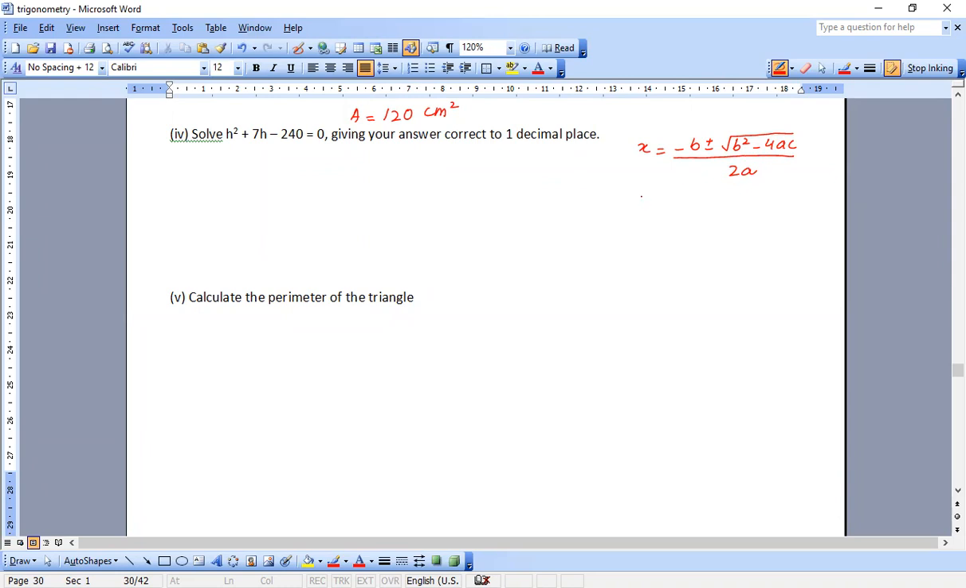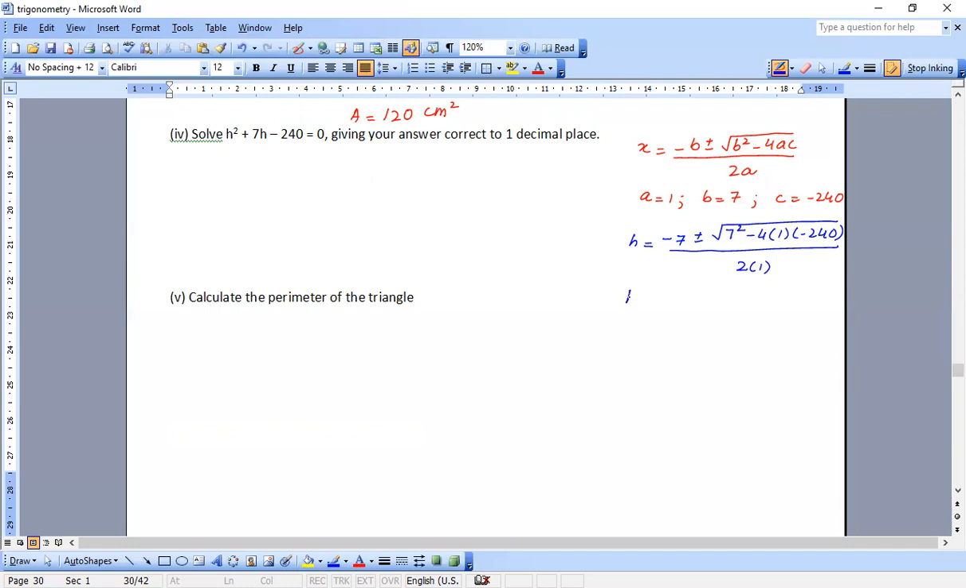In the situation that is given to us, the variable is h. A is the coefficient of h square, which is 1. B, the coefficient of h, is 7. C, the constant, is minus 240. So I'll substitute all of these in the formula. The variable is not x, it is h. So h equals minus 7 plus minus square root of 7 square minus 4ac, and then the whole divided by